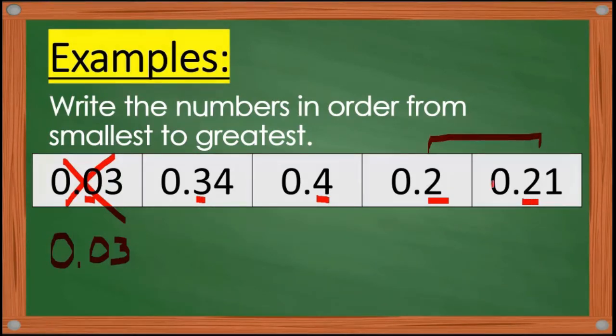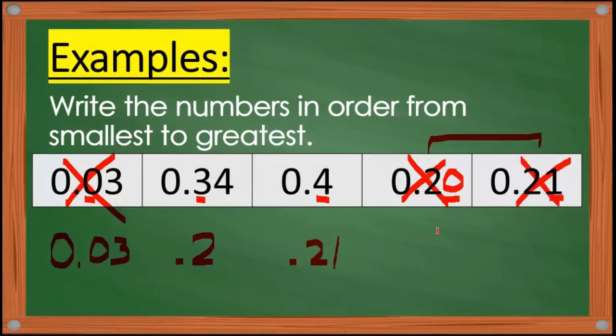Etong dalawa. Compare natin yung dalawa. We will proceed now to the hundreds place value. Since we don't have hundreds place value here, in short, that is 0. Which is smaller, 0.20 or 0.21? Obviously, 0.20. So we're going to write 0.2 here. So that is x na natin. And then, followed by